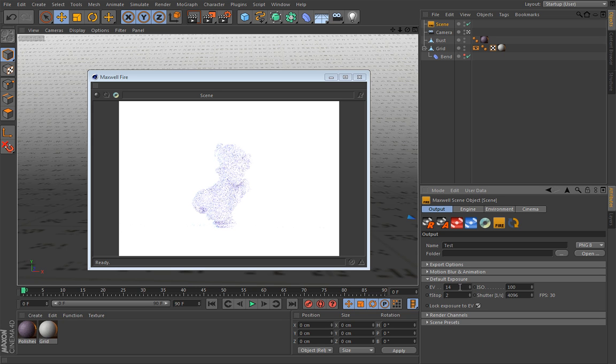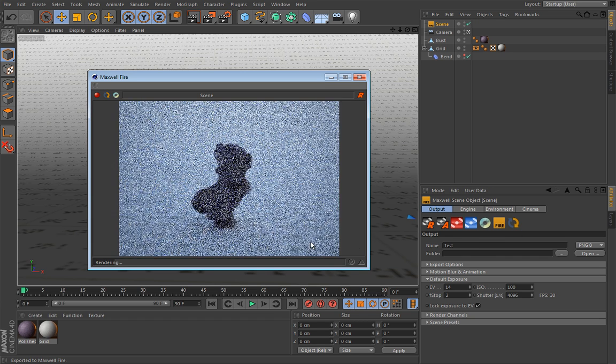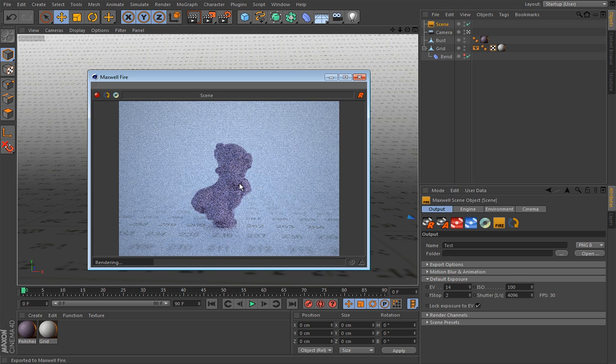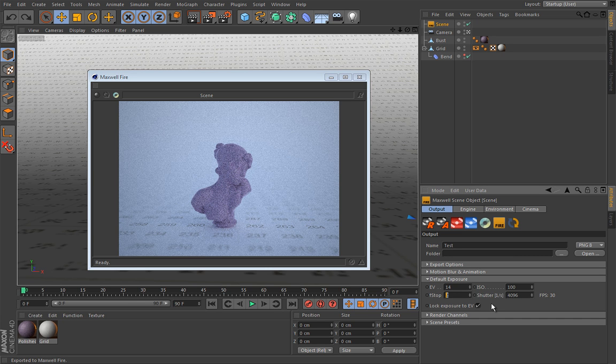Okay, you can use decimal values. So let's say that 14 was okay, and let's try it out. And I think this is pretty good, and it's not overlit or underlit. Okay, let's stop this. Now, when this is locked, changing this value will not affect exposure because exposure is locked. It will change the other two remaining values, which is also not really technically correct, but it will really give you a good idea. So if I put this to a really low value, something like 1, and refresh,